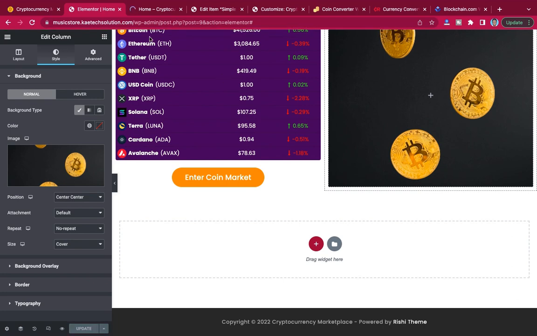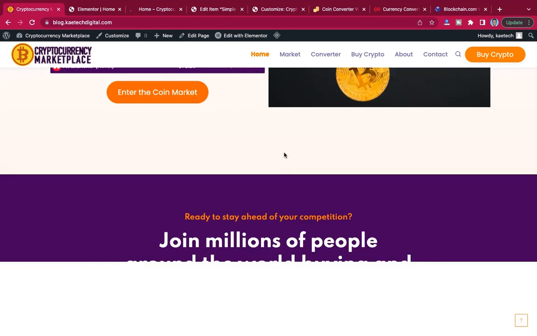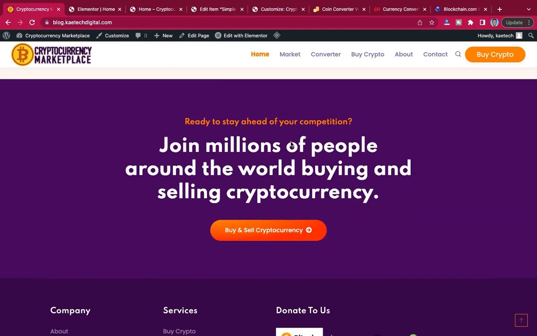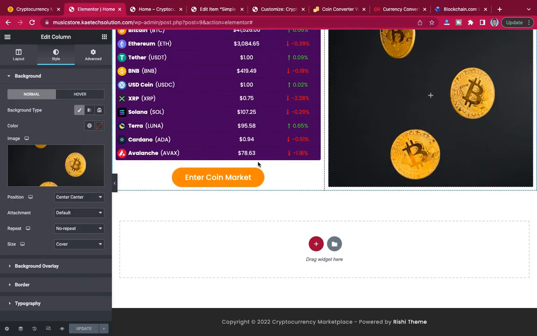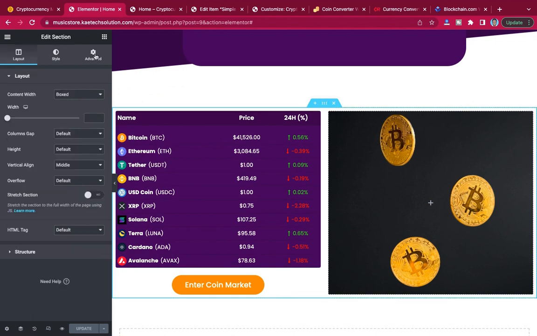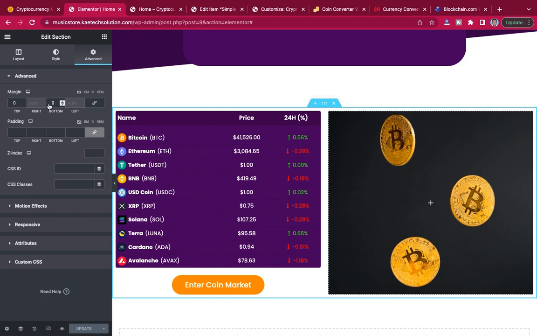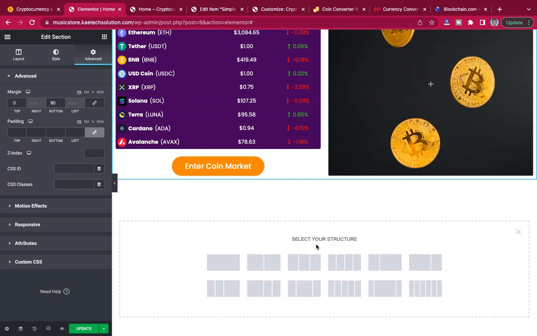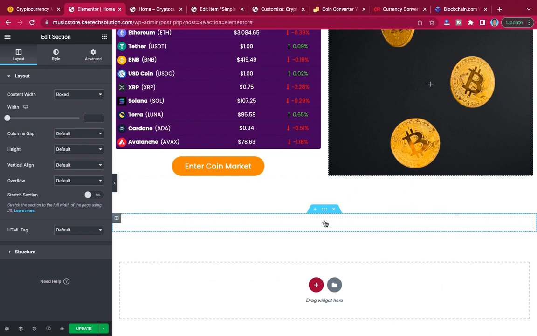Okay, so our next one is the last section, which is this one, with this call to action button over here. So before that, let's click over here and then give it a bottom margin of 90. Okay, and then click over here and choose this single column section, and then give it a width of 800, and then